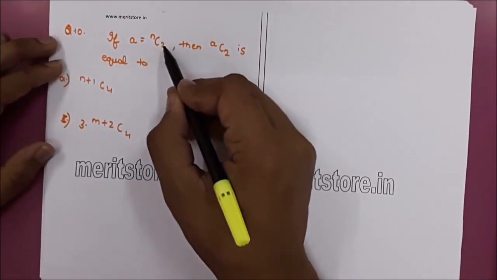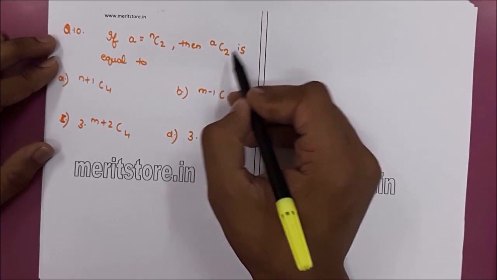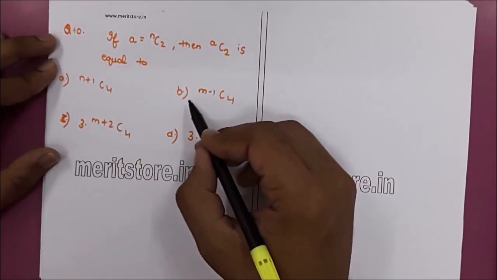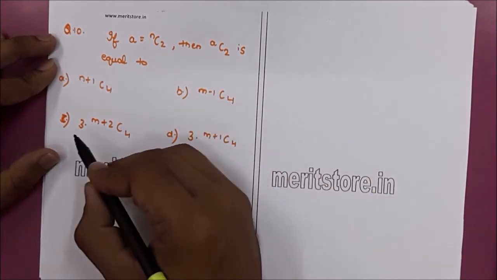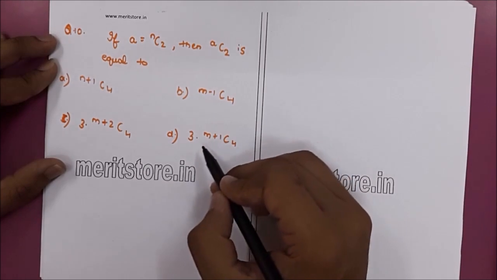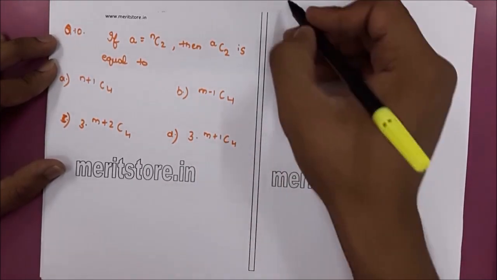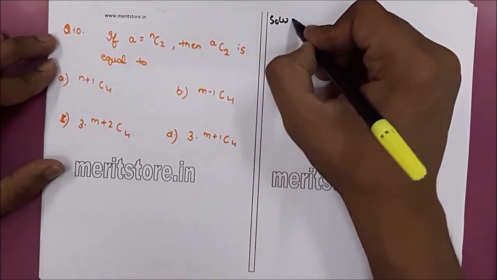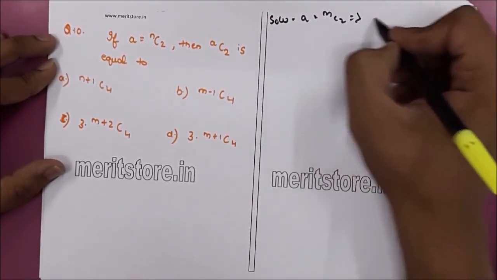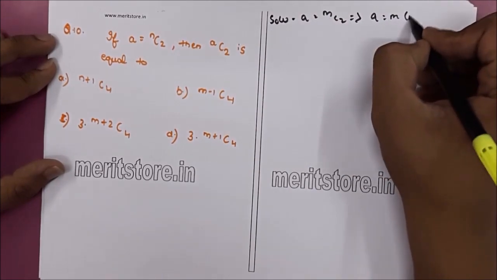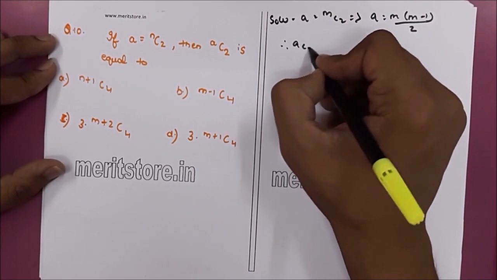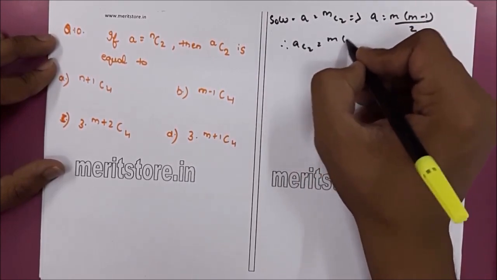If a is equal to nC2, then aC2 is equal to: option A, n plus 1 C4; option B, n minus 1 C4; option C, 3 into n plus 2 C4; option D, 3 into n plus 1 C4. Therefore, the solution is a is equal to nC2, that is a is equal to n into n minus 1 upon 2. Therefore, aC2 is equal to